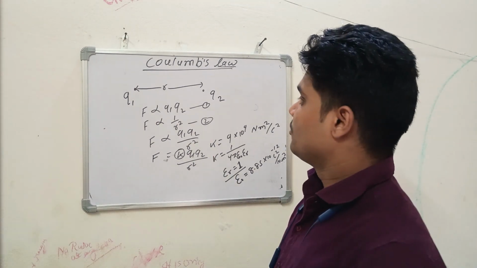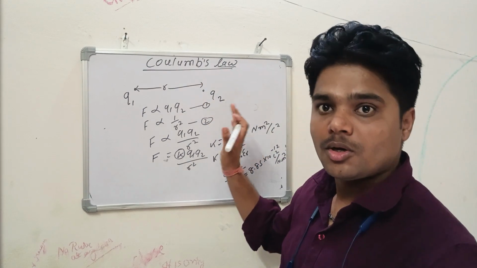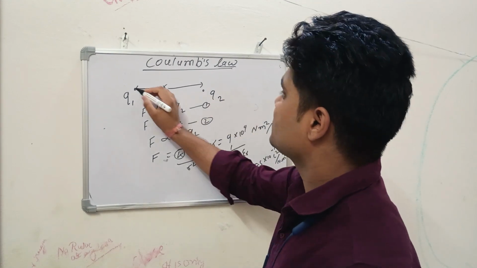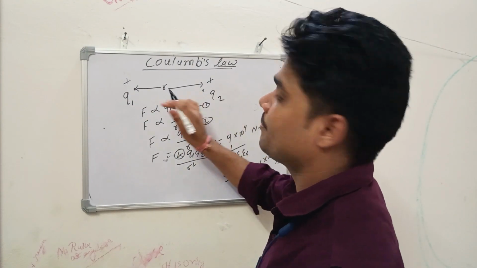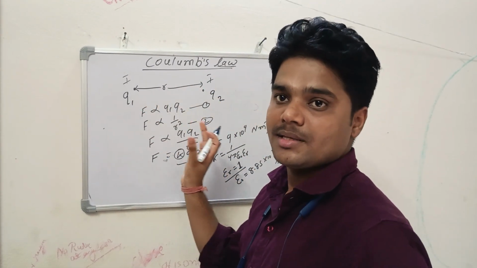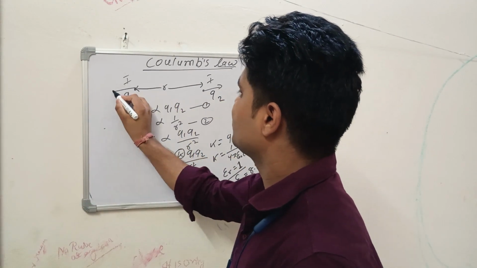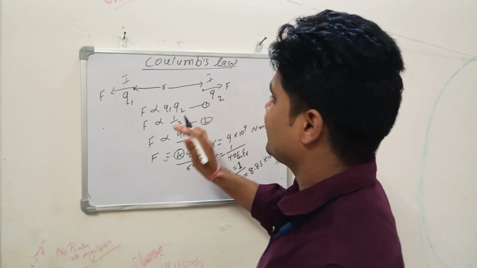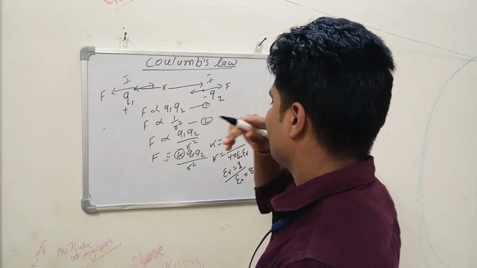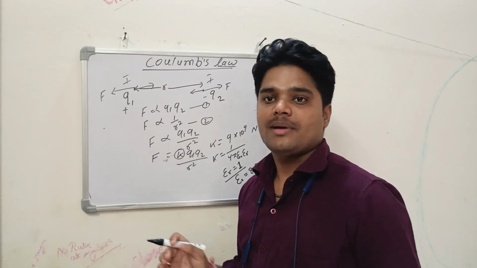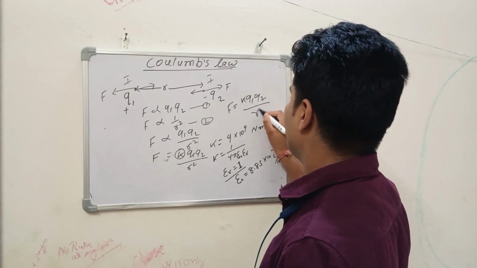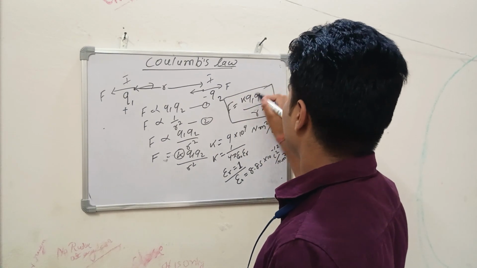Now, we have seen how Coulomb's law acts on two charges if they are separated by distance r. Suppose the sign of charge for both is plus plus or minus minus. If the sign of the charges is the same, then they will repel each other, like the force will act in this direction, and if the charges are of opposite sign, like plus minus, then they will attract each other. But the magnitude in both cases will be the same, F equals K Q1 Q2 by R square. This is the Coulomb's force formula.